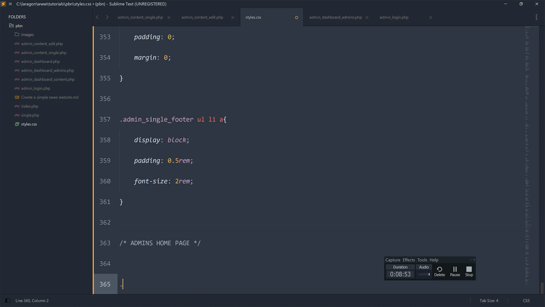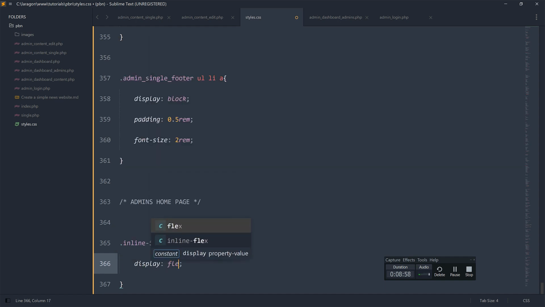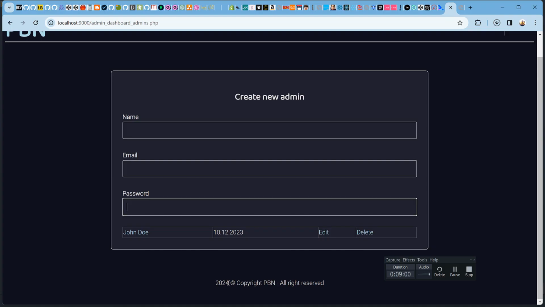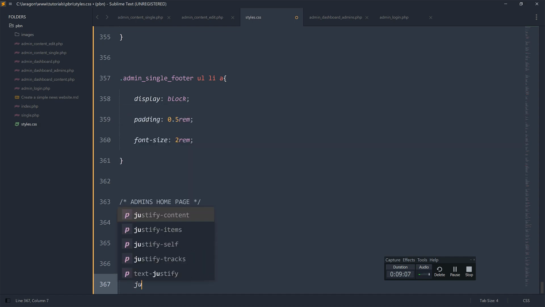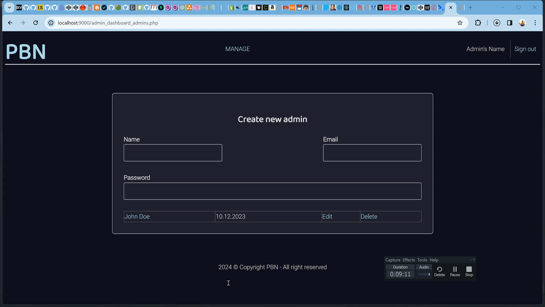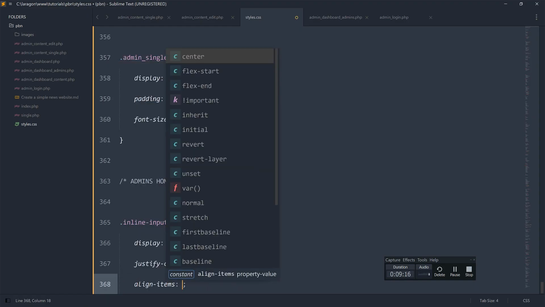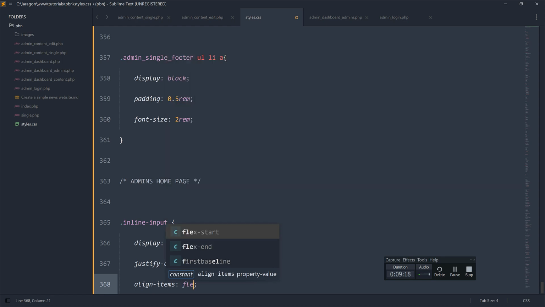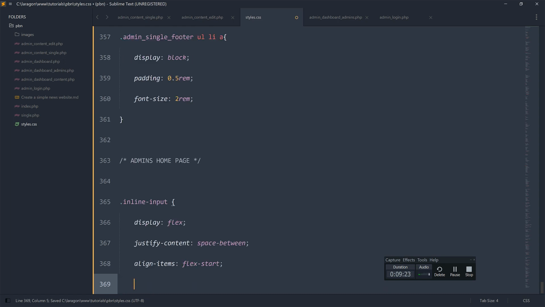And here we'll take this guy and display it as a flex, and reload and see. Great. So once we do that, we now say justify-content space-between, boom. So align-items flex-start. Okay, so flex-wrap,